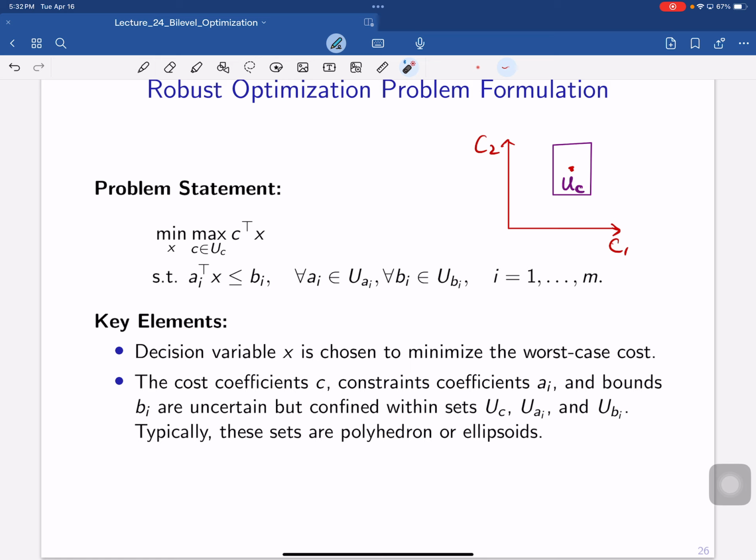An uncertainty set can be any, let's say, continuous set, right? You can think about in high dimension, you have a hyperrectangle, or a high dimensional circle or an ellipsoid. Those are the uncertainty sets people usually use. And similarly for those constraints, right? So if you have,